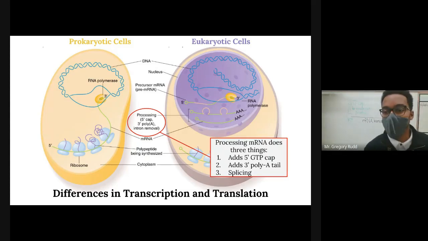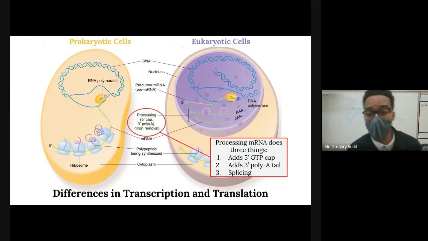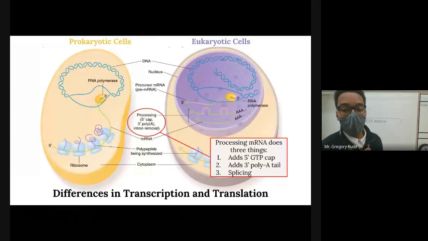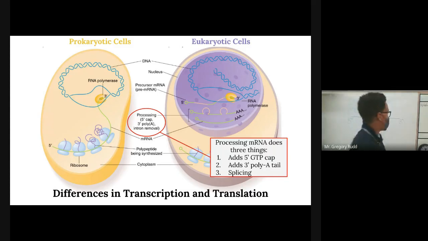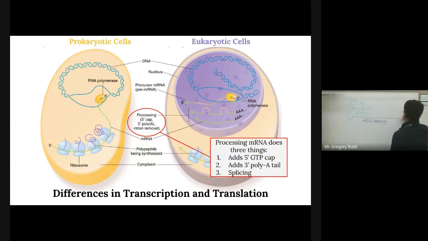So we're going to add a 5' GTP cap for recognition purposes. We're going to talk about this later when we talk about translation. Then on the other end of the transcript, on the 3' end, we're going to add what's called a poly A tail. So it's literally like 200 straight A's, just adenine, adenine, adenine, adenine, adenine, adenine. So this is called the